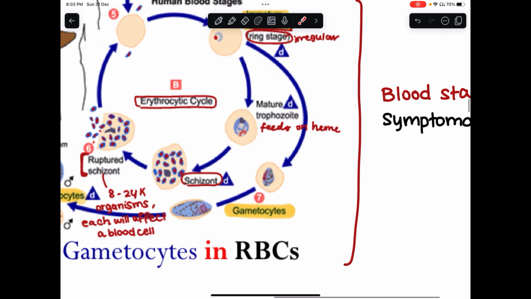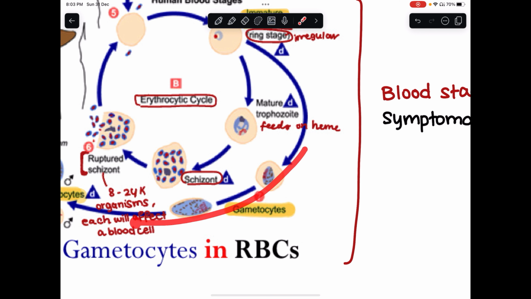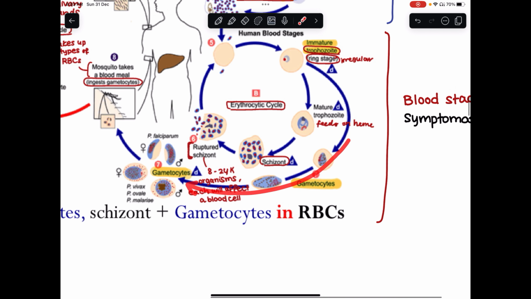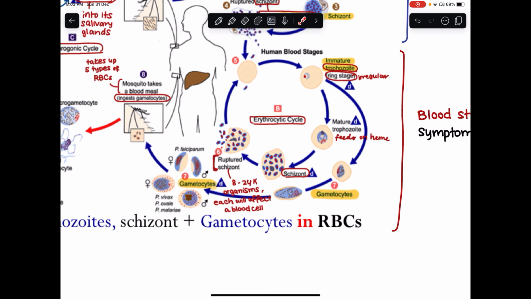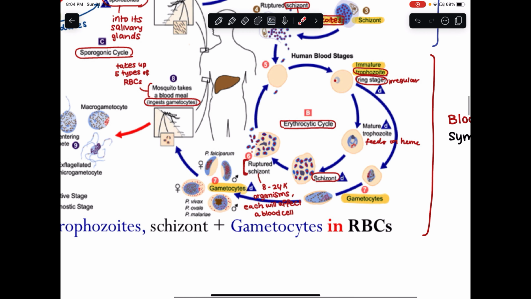So this mature trophozoite could either continue and give us a gametocyte, or it could continue its growth, become a schizont, which is a cell with multiple merozoites. Then it's going to rupture, then it's going to infect another RBC, and then so on and so forth. So either that, or we'll have gametocytes. So if we have the gametocytes, let's say the mature trophozoite matured into the gametocytes, then